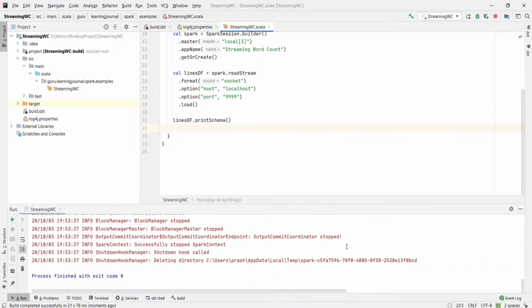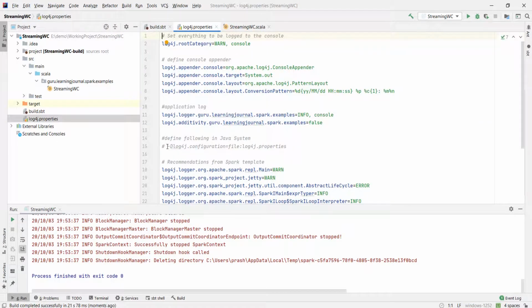Oops, I'm seeing a bunch of log output. All of this is coming from the Spark packages. Looks like the IDE has not picked my log4j configuration. Let me open my log4j.properties file. Copy this Java system variable. I'll add this variable to the run configuration VM options.